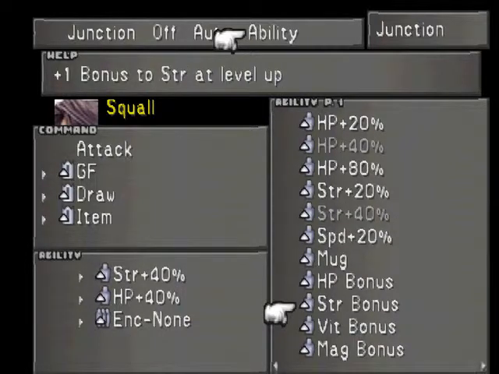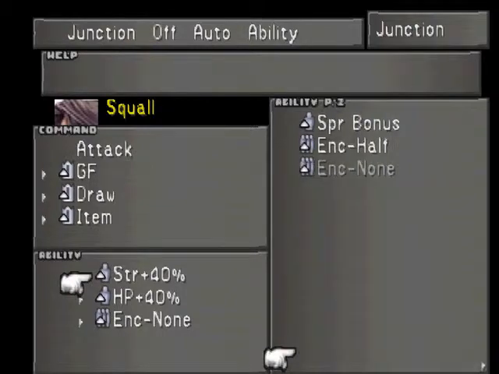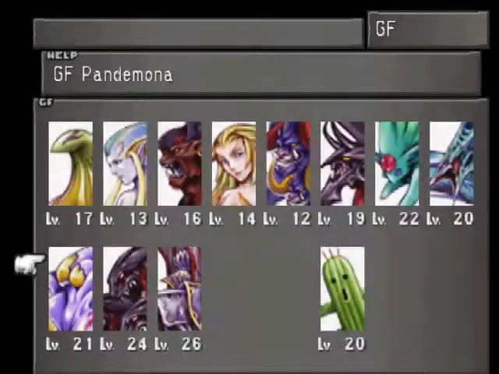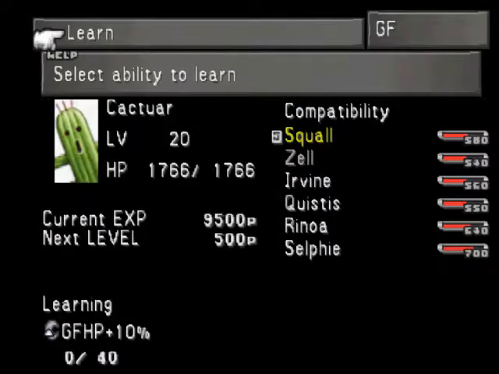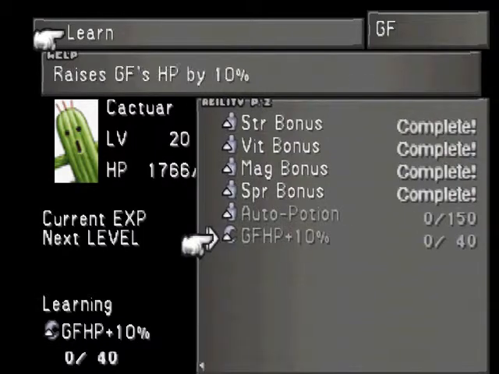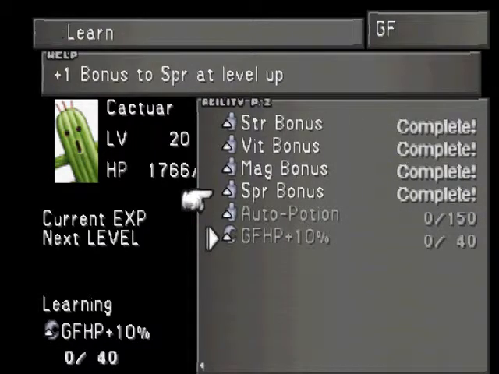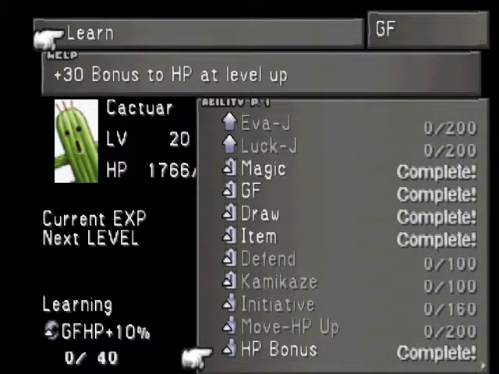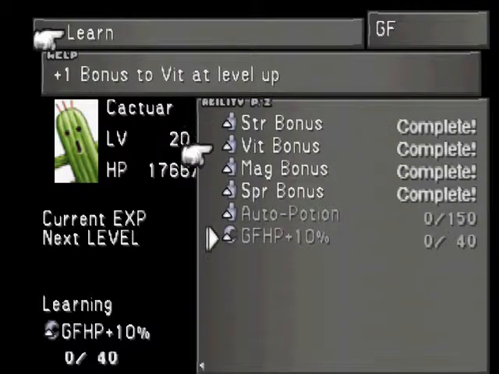HP bonus, strength bonus, vitality bonus, magic bonus, and spirit bonus. What does that all mean? That means that when your character has the Cactuar GF equipped, they get +1 bonus to spirit, magic, vitality, strength, and HP at level up. Whenever a character with these abilities set up gains a level, that specific stat increases